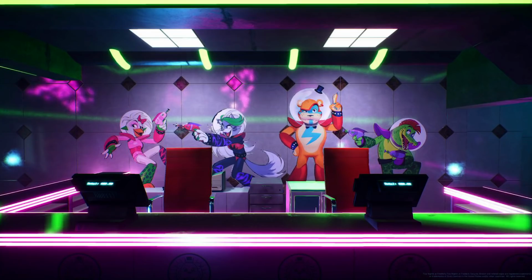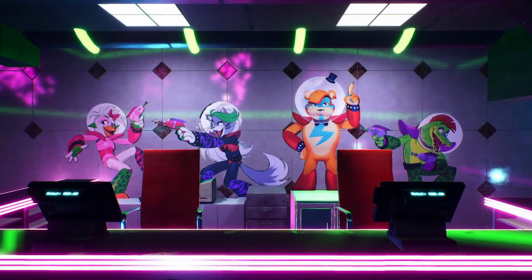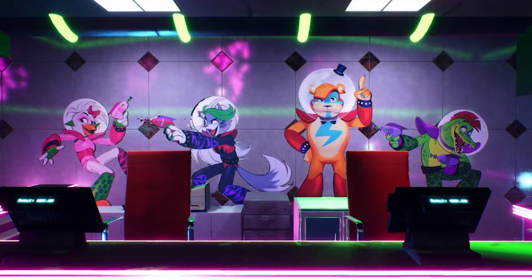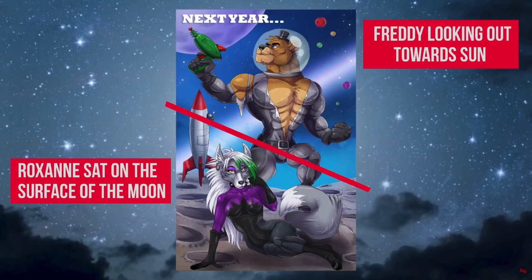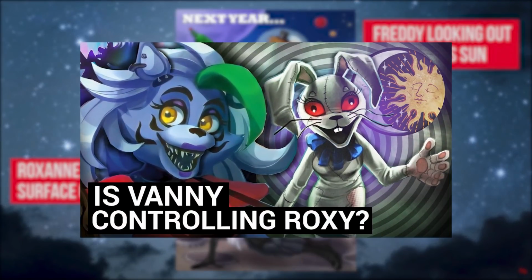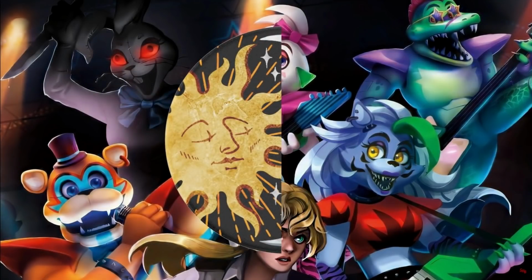The final image from Phaser Blast reveals the tills where customers could book a game and hand over their hard-earned cash to Fazbear Entertainment. What's interesting when we look at the cartoon cutouts of the animatronics behind the checkout are the poses they strike. Notice how Montgomery Gator and Roxanne Wolf both point their guns at GLAMROCK animatronics Chica and Freddy. I previously theorized that Freddy and Chica would be the Sun animatronics and Roxanne and Monty the Moon animatronics,